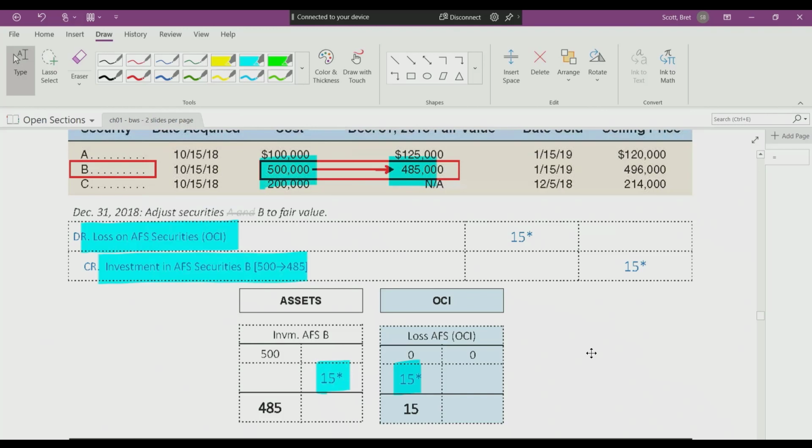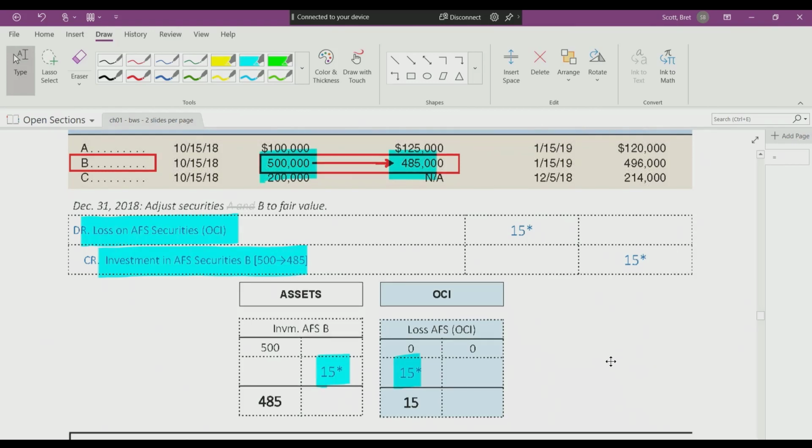However, be careful when you say the word impairment. Impairment is sort of a buzzword, a very negative buzzword. Impairments usually mean a decline in value that's not recoverable. If this is a temporary decline because, hey, the economy is bad right now, fine. Just record the loss to OCI, record a reduction to the investment account. However,